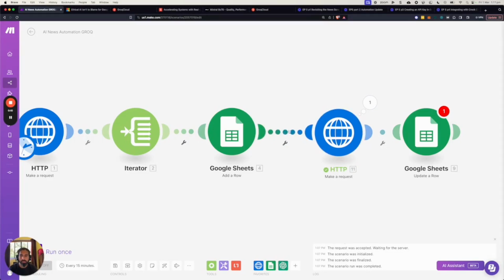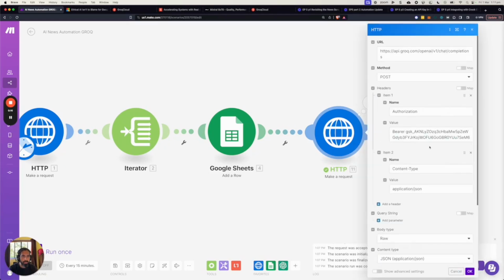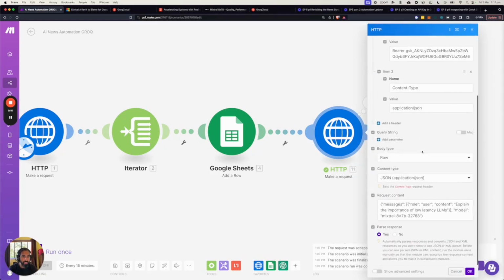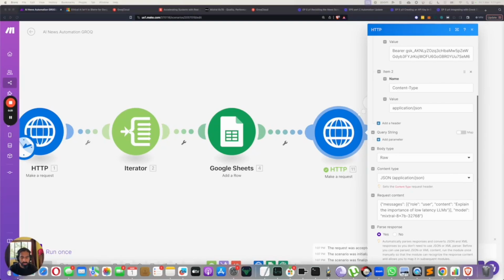So we're going to go to this HTTP module, and really what we need to do is update this prompt in content, which is we're going to add our own prompt here. I've got a prompt that I have prepared, and I'm going to update it and explain it. So I'm going to grab that,